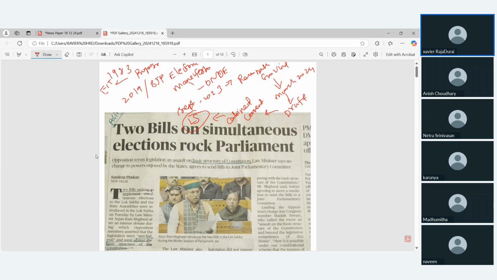The moment the president announced that we are going to conduct One Nation One Election through the Election Commission of India, the Election Commission of India announced the date. So the day it was announced, from that day onwards the state government and central government's time period